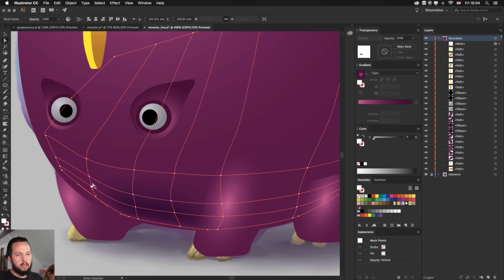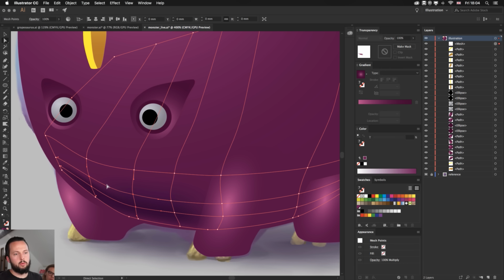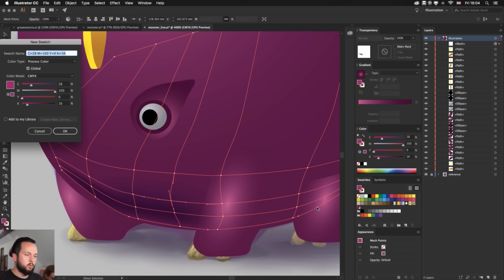And of course we can again pick these points here, use our swatch that we saved, and then we start to have that nice transition once again. For these 2 points here, we can again pick that other color, which by the way I'm going to save as a swatch once more.